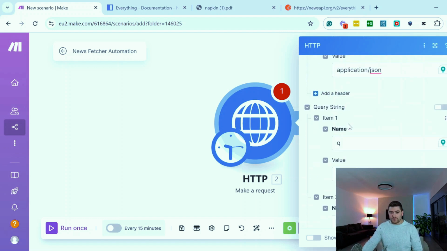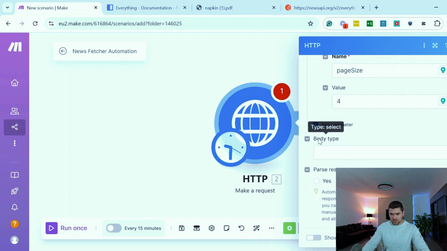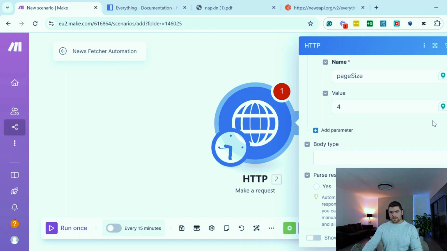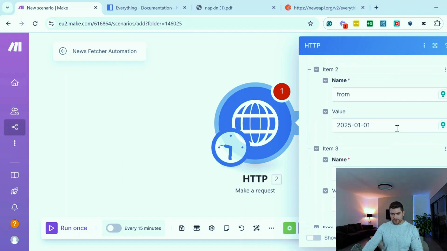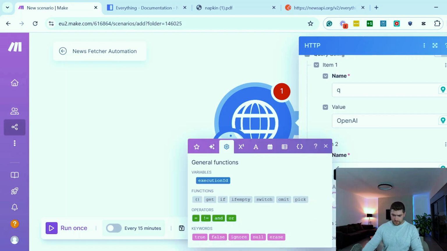And the parameters is actually the data that you are sending. Lastly, if I scroll down here, you can also specify a body. We are not going to use body today, so we just leave it blank as it is. Okay, now let's fix the date, because we want to receive always all the news from, let's say, 2 days